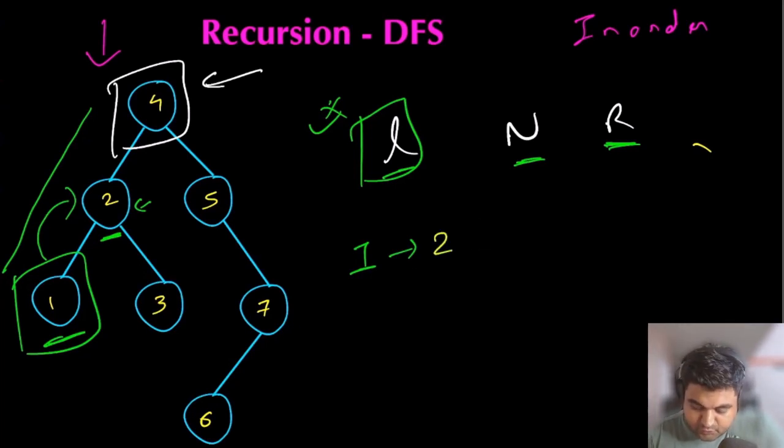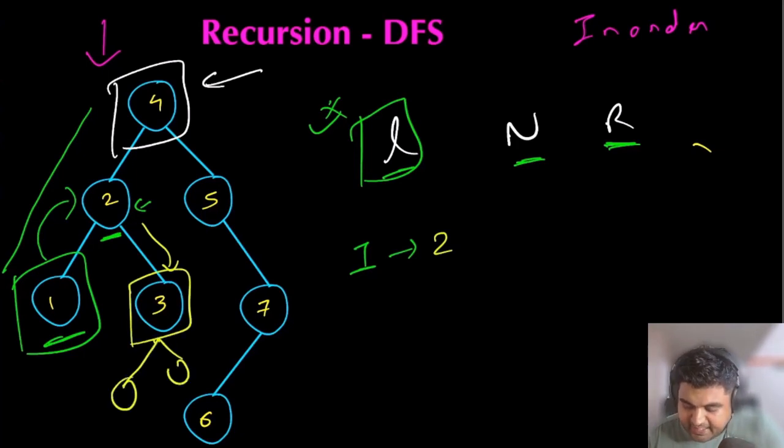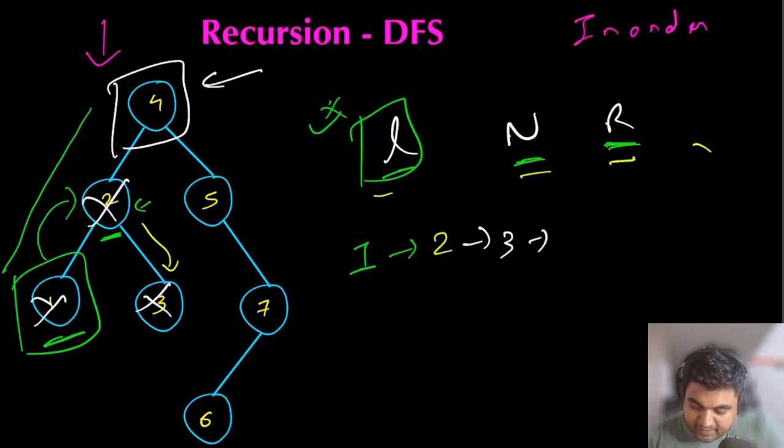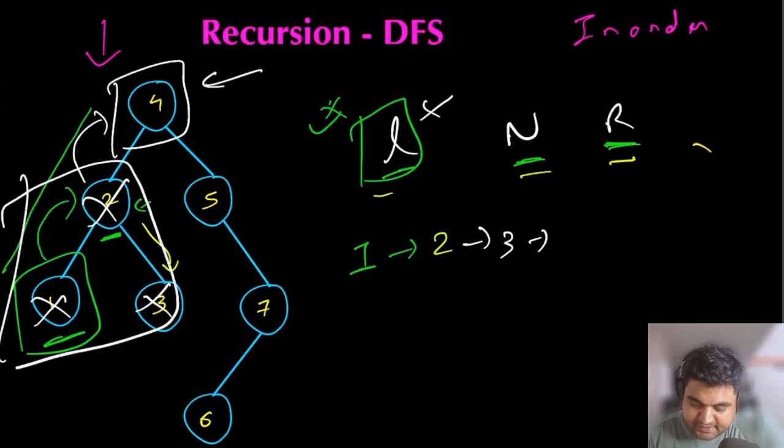But even for this root node, it still has a right subchild, and again, if this right subchild, for example, had additional children, we would have used this left, node, right logic again. But since it does not have any additional children, we are going to treat this as a terminating case for recursion, and then the next node we are going to visit is node 3. After visiting this, we have taken care of all of these 3 nodes, and now we will go back to our root node. Again, we took care of the entire left subtree for this root node.